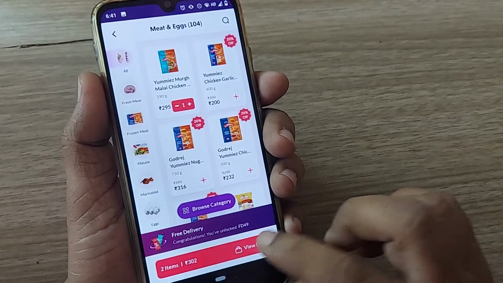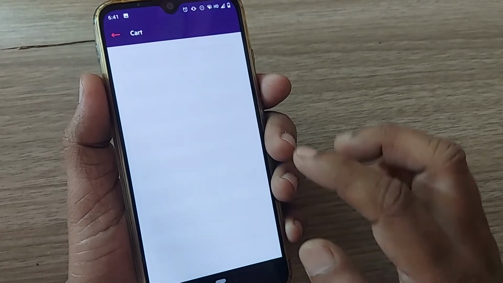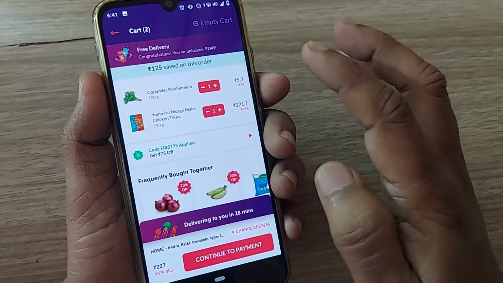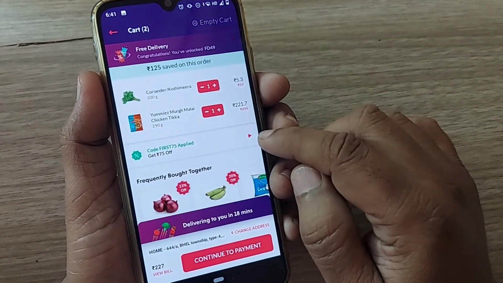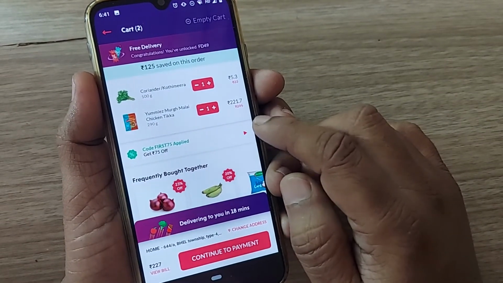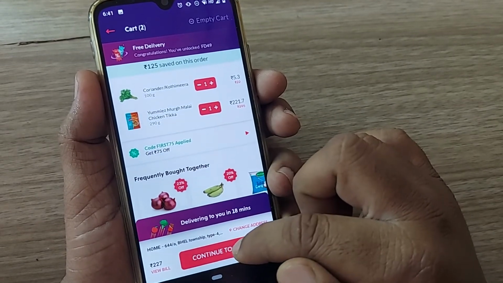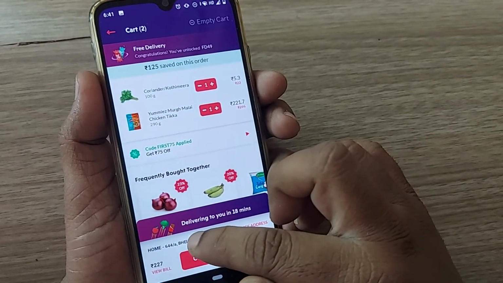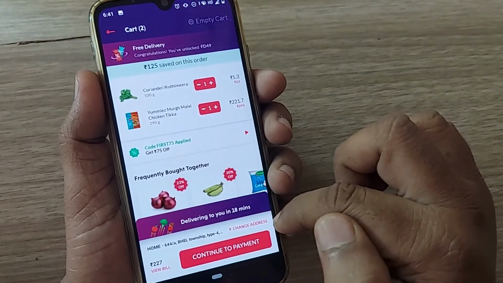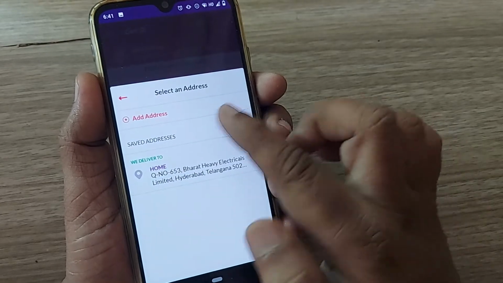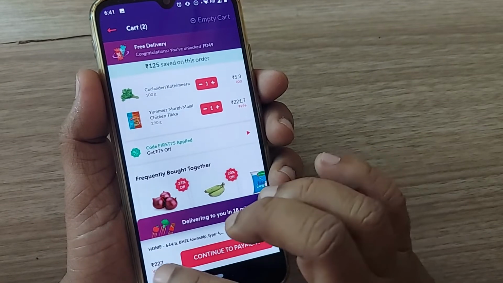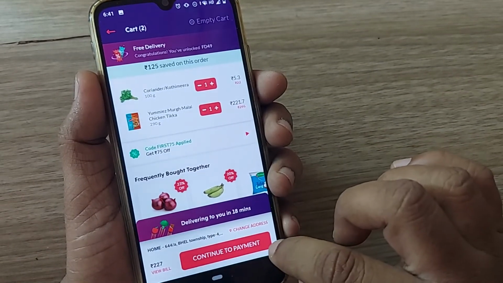After getting into view cart, it will show you all the items whatever you have added to your cart here, and it will also give you an option to enter your promo code or discount vouchers whatever is available here. And if you get it down, it will show you the saved address here, and if you don't have any address which is pre-given, you have to change using change address. In the change address, you can select your location, give your address. Then it will ask you to go ahead with the payment.